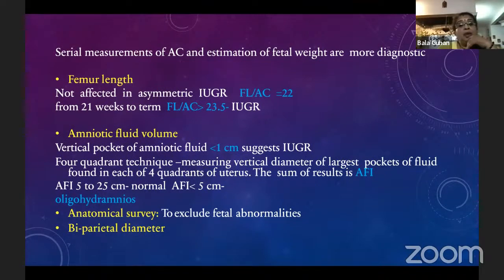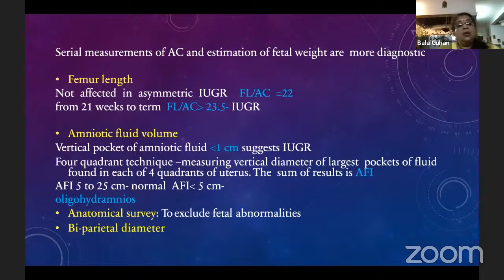So FL by AC is equal to 22 from 21 weeks to term, and FL by AC is more than 23.5 in IUGR cases. So amniotic fluid, the vertical pocket of amniotic fluid is less than 1 centimeter, which suggests